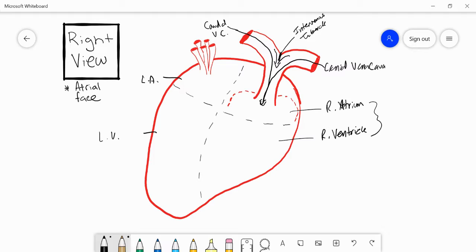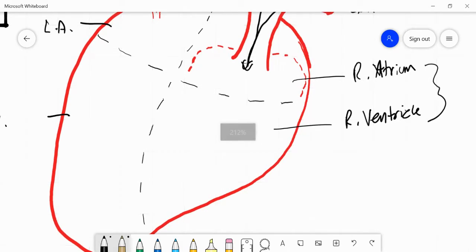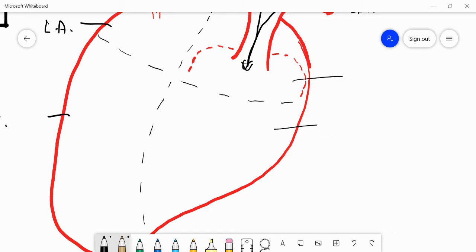Let me zoom in, it might make it a little easier as we draw more structures in here. So now that we kind of have the basics, I'm going to get rid of some of this and clear up the image. So drawing this in blue, what we have now is the sinus of the Vena Cava. This is the first part this deoxygenated blood is going to enter after it makes its way back into the heart and towards the right atrium. So this sinus of the Vena Cava is important because it's this point where we're collecting the Vena Cava, where we're collecting the